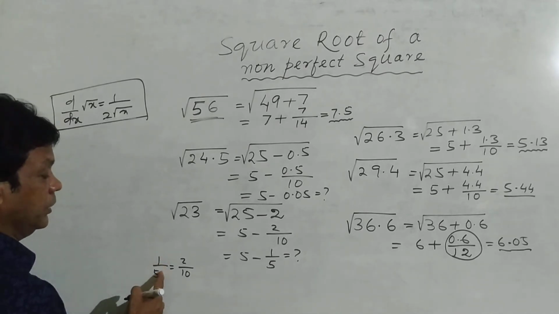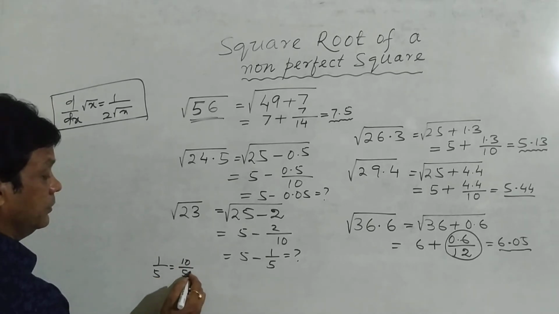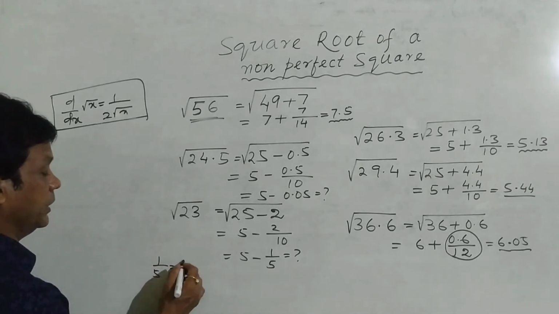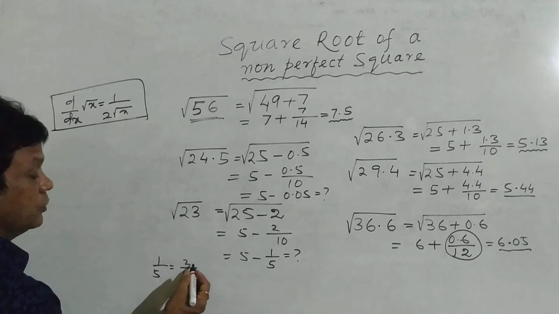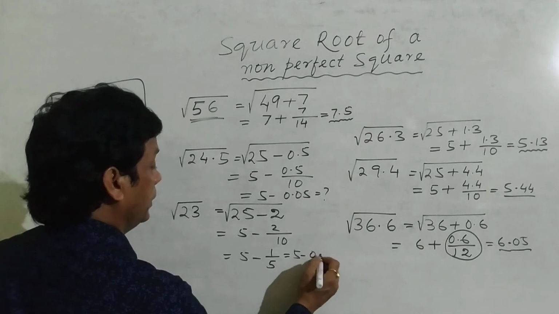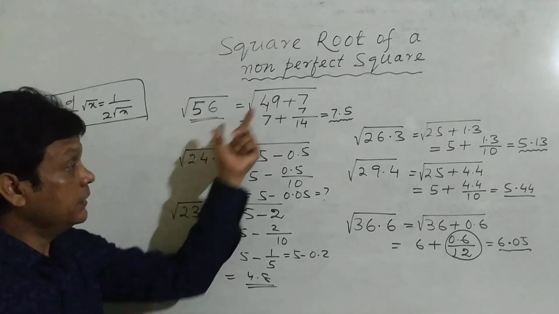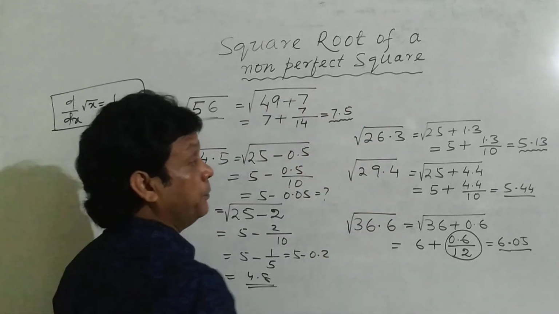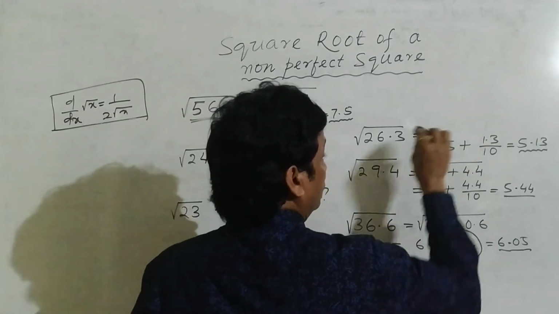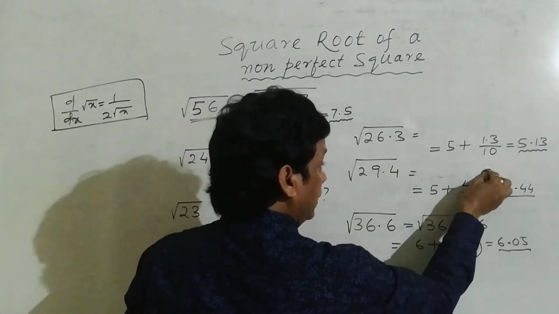Multiply 10 in the numerator and denominator. Sorry, it will be 10 by 50. It will be better to multiply 2 in the numerator and denominator: 2 by 10. Okay, so it will be 0.2. So directly you should write here 5 minus 0.2. It will be 4.8 approximately. Okay, so by this method you can find out. But in my opinion, don't write this one. See here, this term you should not write. Only to understand it, I am writing. In each and every case, write directly.